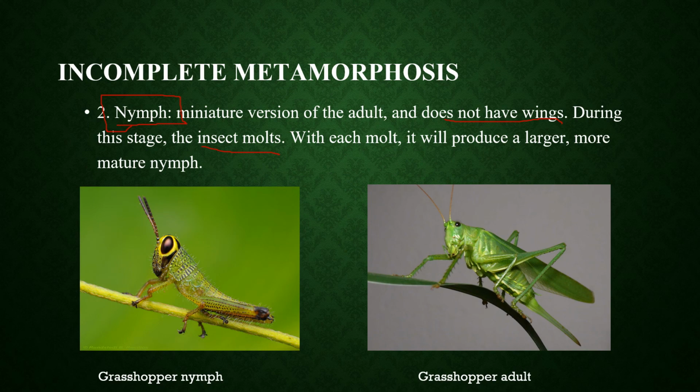So on this left-hand picture over here, we have the grasshopper nymph. And then on the right, we have the grasshopper adult. The left picture, the nymph, obviously looks pretty much the same as the adult, similar body shape and structure, just the adult is a lot bigger. Now, a fun fact